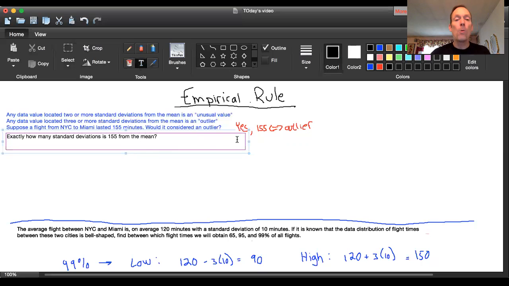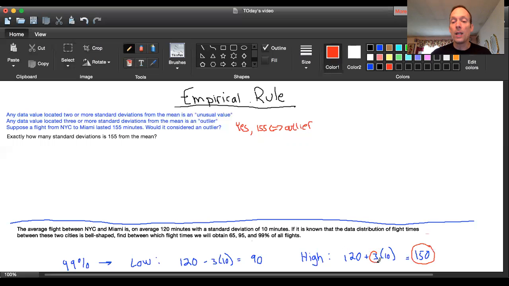Okay, now what we can do to get to the answer quickly is say we know that when we hit this 150 right here, we were 3 standard deviations above the mean. So we know we have to be at least 3. And when we go from 150 to 155, how many more standard deviations did we just travel? Well, from what's given in the problem, we were told that the standard deviation is 10 minutes. So that must mean the difference between 150 and 155 is going to be exactly equal to half a standard deviation. So our answer is going to be, let's write in